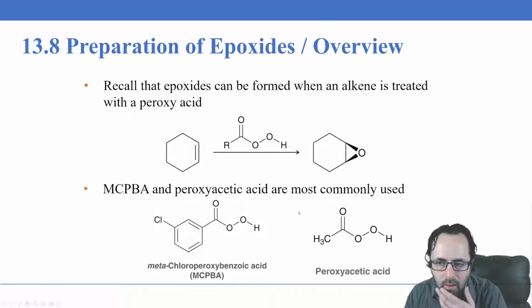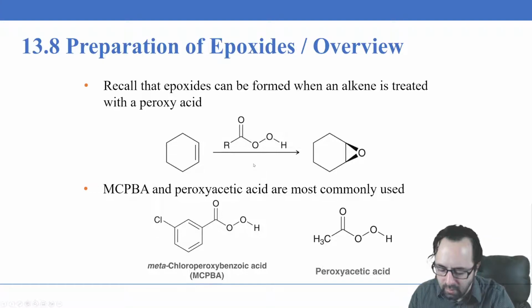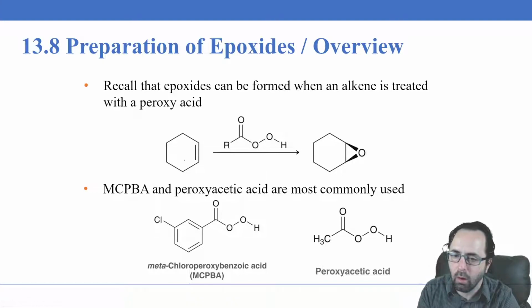Now, we learned in the previous chapters, in the alkene chapter, chapter 8, that if you react an alkene with a peroxy acid, you will get an epoxide, and then we can use those epoxides for SN2 reactions to produce products. Now you'll sometimes see this often written just as